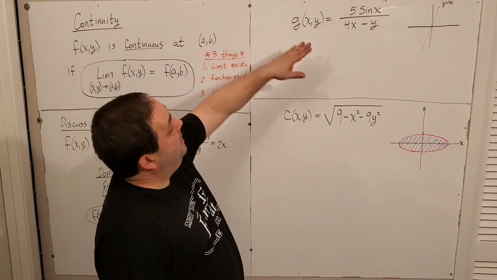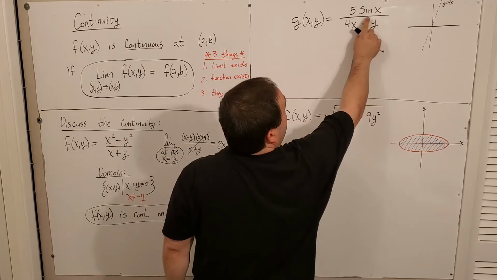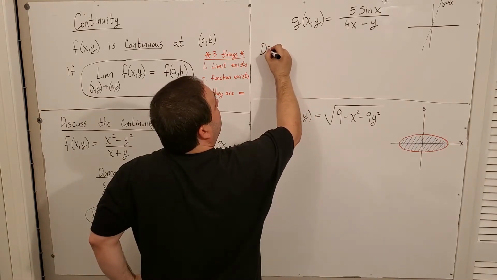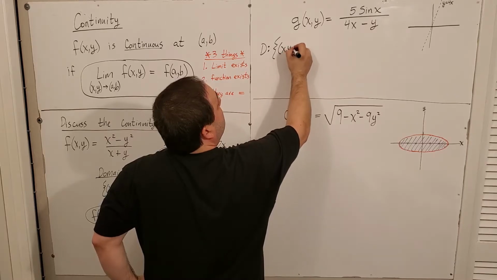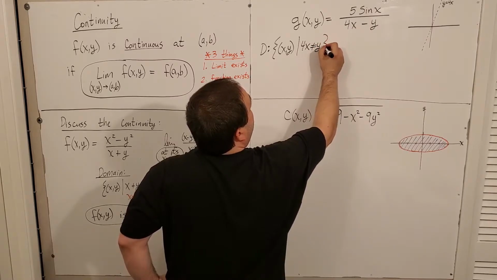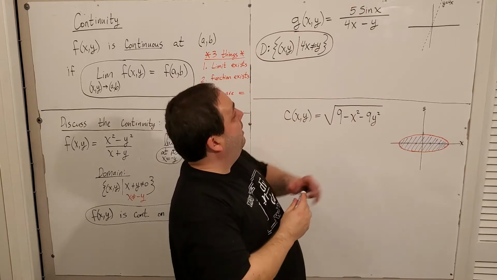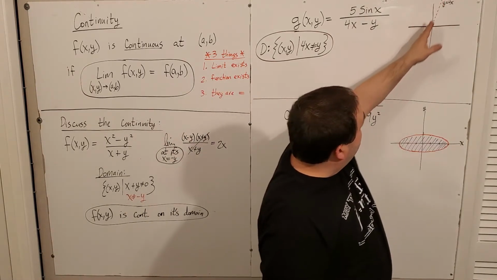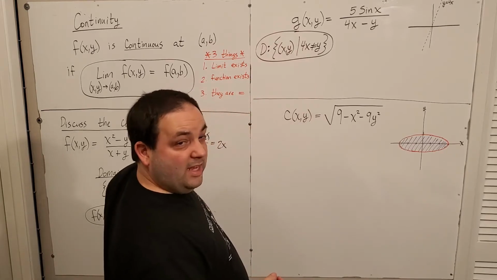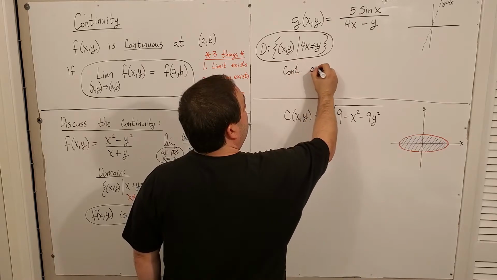Okay, right here. This one, when we write out its domain, has kind of the same effect. I'm getting that division by 0 thing going on here. Its domain is, again, the set of all x, y's, such that 4x can't equal y, right? I'm getting that as my domain here, because anytime 4x equals y, I'm going to get a division by 0. That's this line here. However, this is a different kind of discontinuity, okay? This is the same answer as the previous one. It's going to be continuous everywhere else. Continuous on this domain,